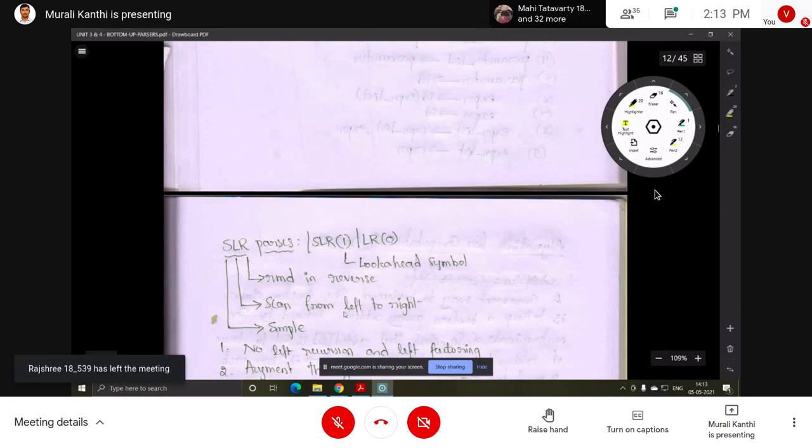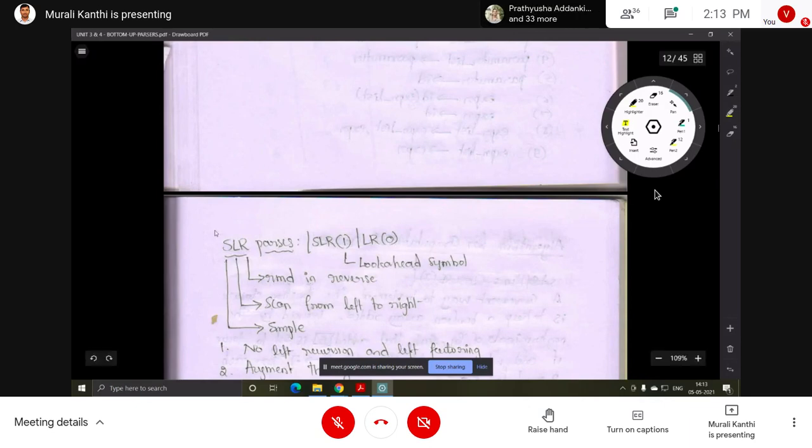In the top down we have also seen LL1. The first L stands for left to right. Here also the same thing: this L stands for scanning the input from left to right. Then R stands for rightmost derivation in reverse, that is, rightmost derivation in reverse order. In the last class I showed the reverse.